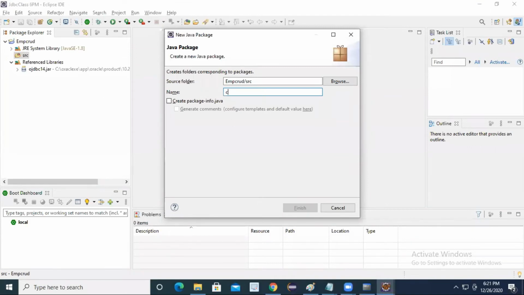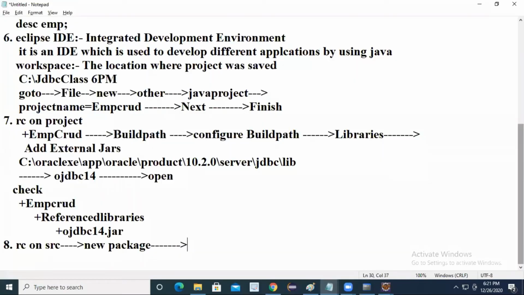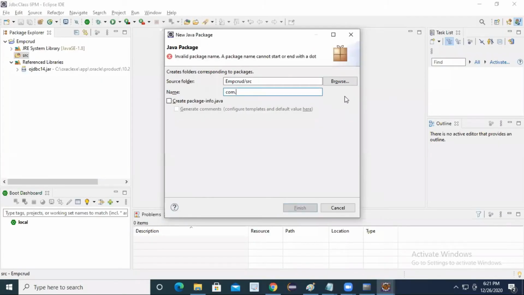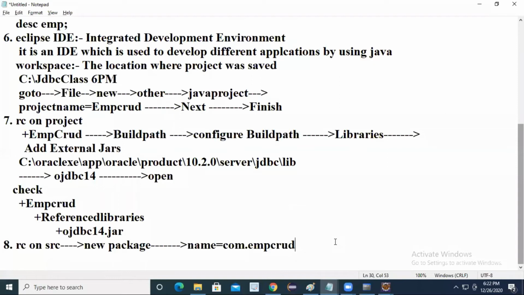Here you can give some package name, com.app. Any name you can give, com.empcrud also you can give. Otherwise I'll give com.empcrud. Click on finish.